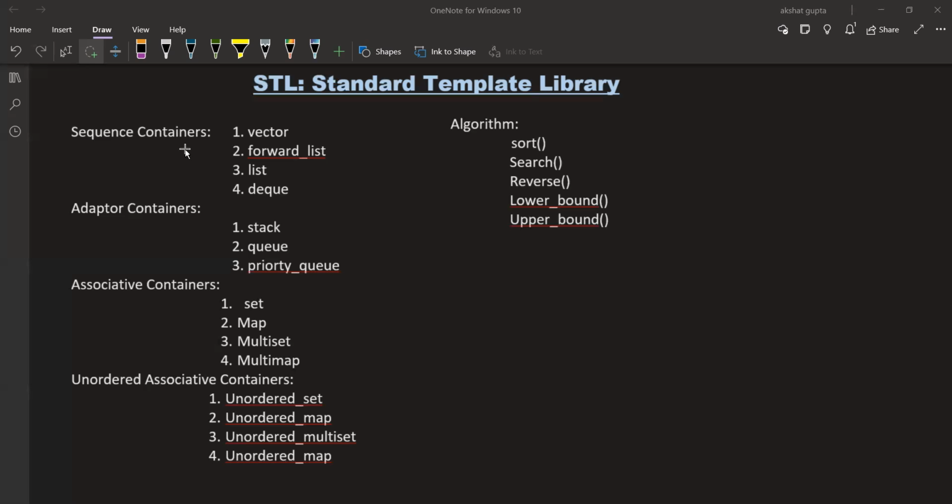As its name suggests, it is a data structure in which values can be accessed sequentially. So there are four types: vectors, forward list, list, and deque. Let me give you a brief introduction of all these containers.